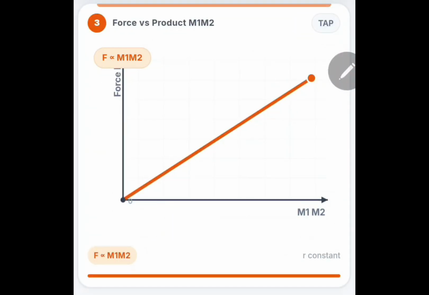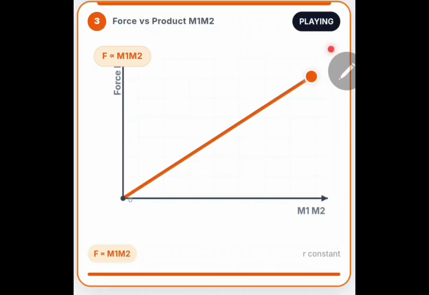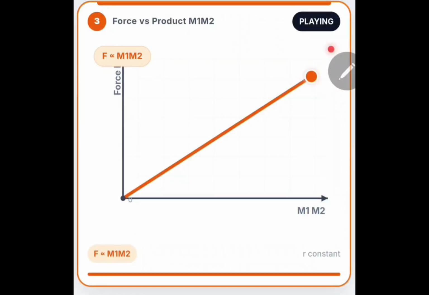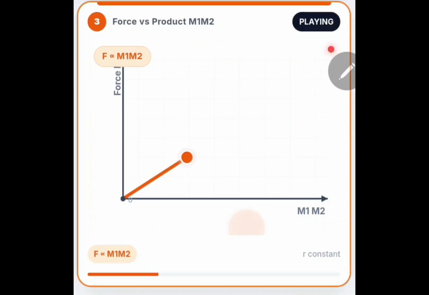Graph 3. Force vs product of masses, m1 times m2. In the third graph, we compare force with the product of the two masses. Since the force depends directly on m1 times m2, doubling either mass doubles the force. As a result, we again obtain a straight line graph, proving that force is directly proportional to the product of